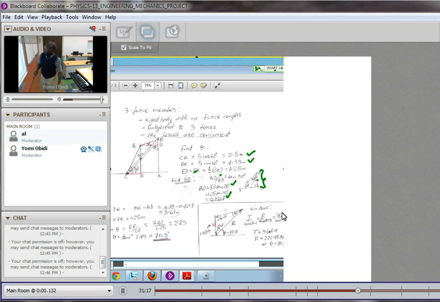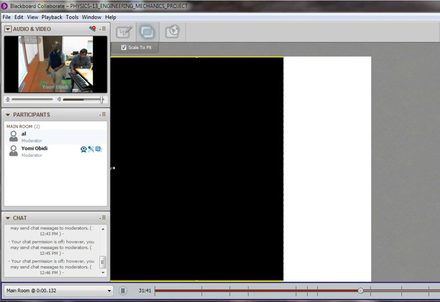Now we can go on and subtract the value of BD from BK. Do we know the value for BK? Sure we do. The entire length is 5 meters. BK is 5 sine 60 degrees, because this is 60 degrees. So BK is